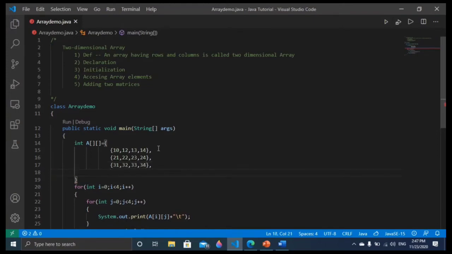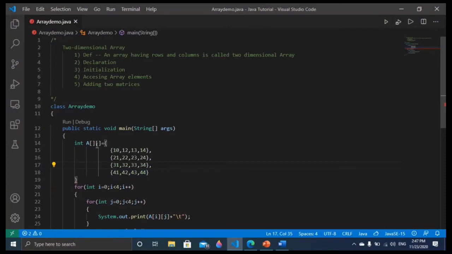Now one more row is remaining here: 4 1, 4 2, 4 3, 4 4. So now we are not going to give any other row, so there is no comma. So this is the first row, you can see second row, third row and fourth row. And how many columns? You can see first column, second column, third column and fourth column.